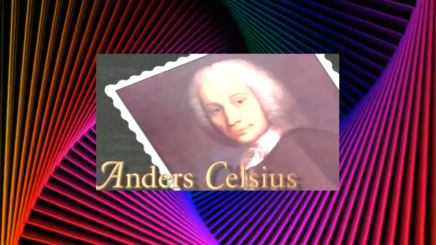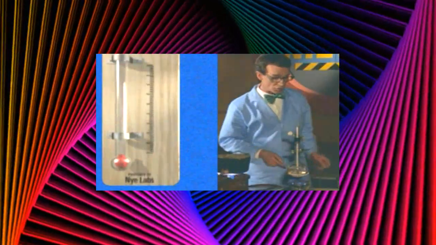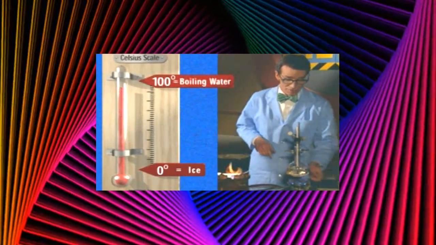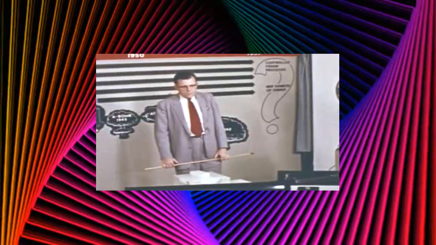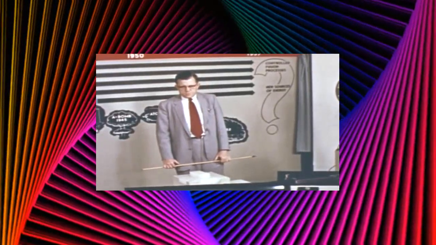So an astronomer named Anders Celsius came up with the idea of using a thermometer. And he called the temperature at which water freezes 0 and the temperature at which water boils 100. So there are 100 degrees between ice and boiling. And to this day, it's called the Celsius scale. Now we'll have occasion to make temperature measurements. So we need a standard of temperature, too. Thermometers are cool. Oh, I mean, they're hot.